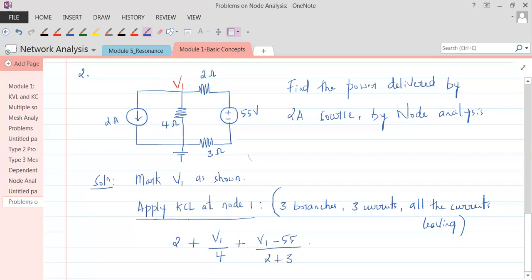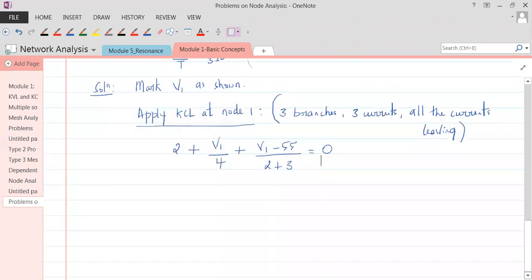Is everybody okay with that? So it is equal to 0. Again, you have to work with the LCM. Since we find numbers in the denominator, we have to work with the LCM to get the standard form. So what is the LCM here? Tell me that fast. What is the LCM? 4 and 5. Let's take 20.